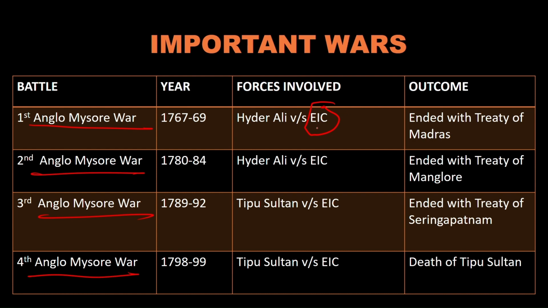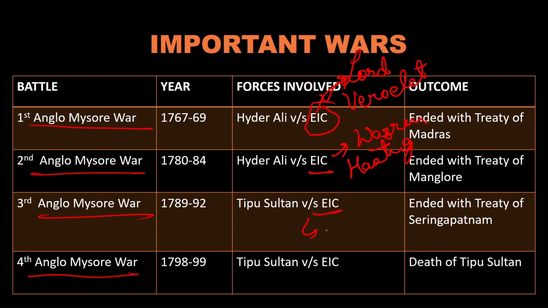During the first Anglo-Mysore war from the East India Company, it was Lord Versailles who fought the war representing the East India Company. The second one, we had Warren Hastings. Warren Hastings fought this war. Then we had Tipu Sultan in this one, and for the third one we had Cornwallis, who fought the war. And the last one we had Wellesley,